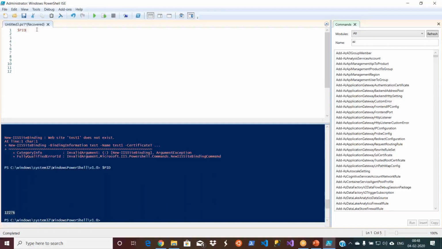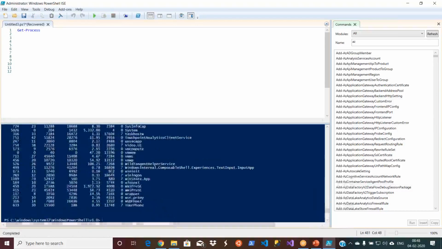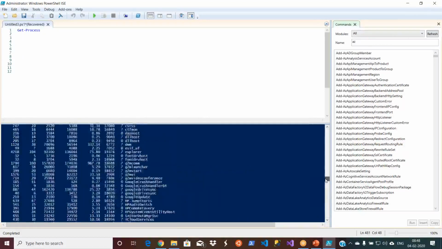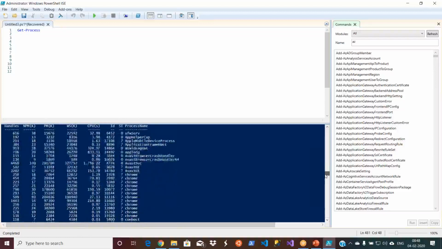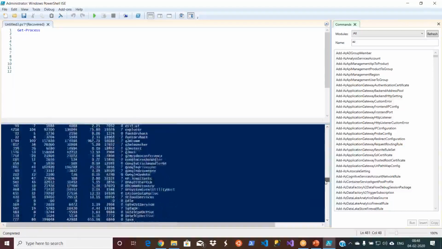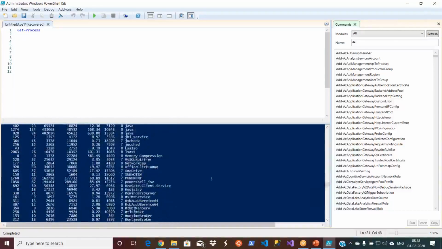If you want to see all these processes, let us say Get-Process, run this one. So you have many processes, right? I got all the processes. If you look at the PowerShell, then the ID of your PowerShell ISE should be there. So let's go to PowerShell.